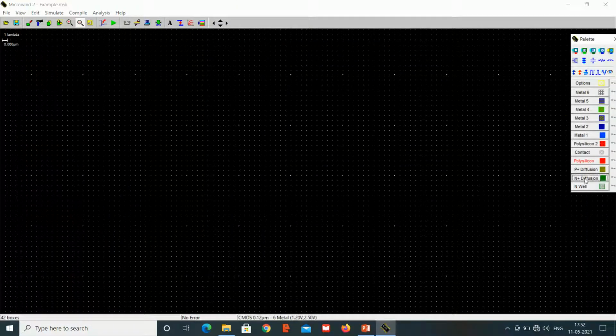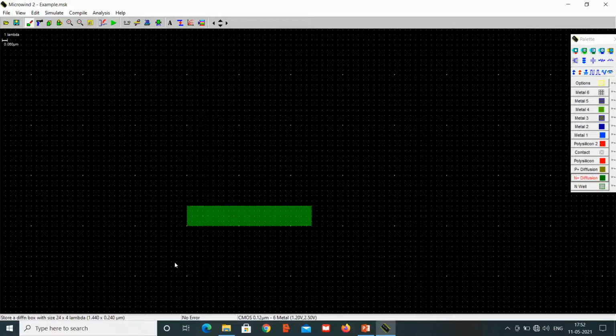I am selecting an N plus diffusion with a length and width of 24 by 4 lambda. The dimension is shown on the bottom left corner, which is 24 by 4 lambda, and in between this N plus and P plus the distance should be 12. So I am just selecting a polysilicon and measuring the distance, which should be 12.